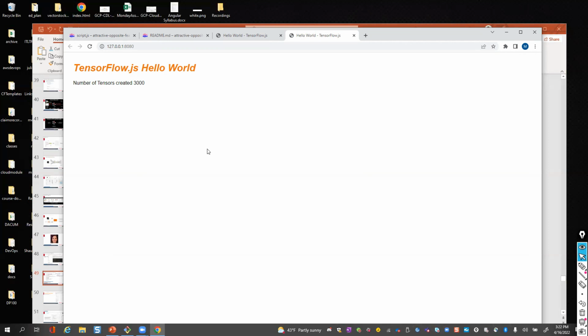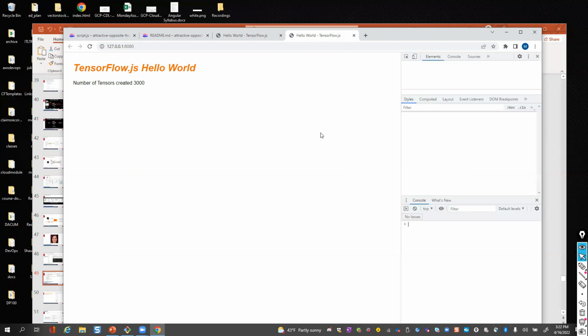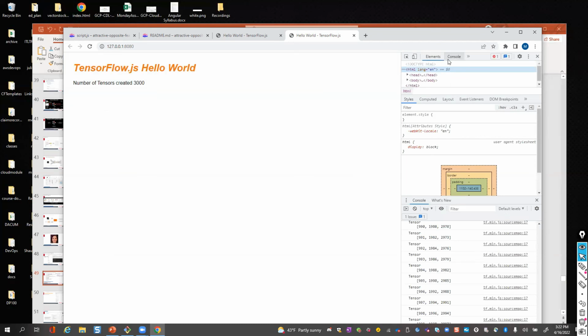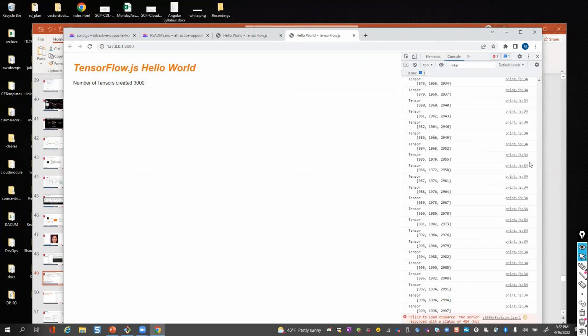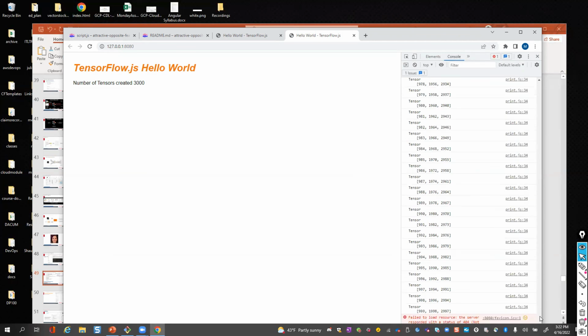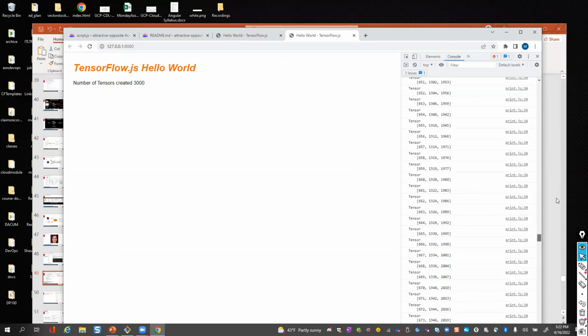Since you did everything locally, I would say CPU, but I don't know how. Well, I would think that too, but it's TensorFlow. So TensorFlow should be running on my GPU, which means it needs to run on WebGL, right? So here's my TensorFlow right here, and I want to go to the console. You see all this stuff is in the console, and if I scroll down, I should be able to type some command in here. Let me scroll up and see.